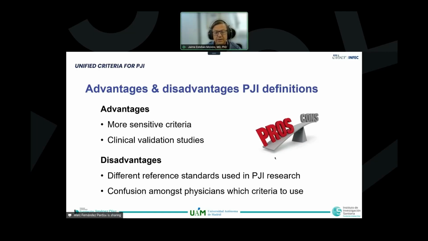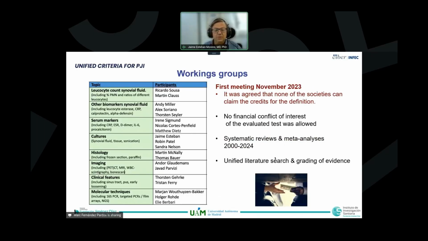Different reference standards, which highly complicates the comparison between the studies. And a very important issue is the confusion amongst physicians. Which criteria must we use? We must use the EPSI criteria, we must use the MSIS criteria, we must use the ITSA criteria. This is sometimes a problem in current clinical practice. So for these issues,